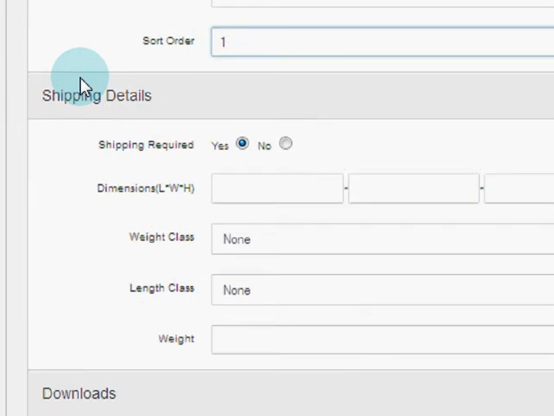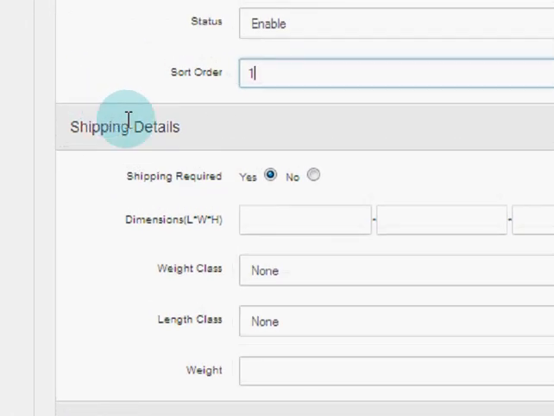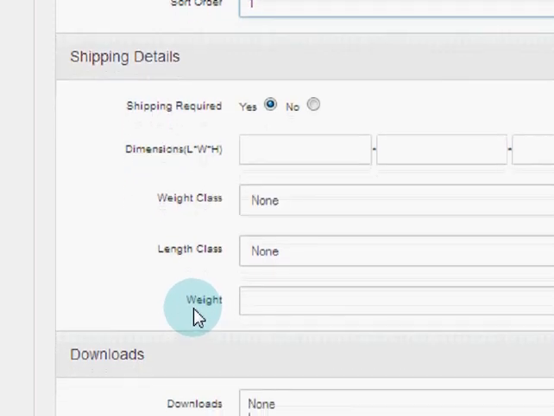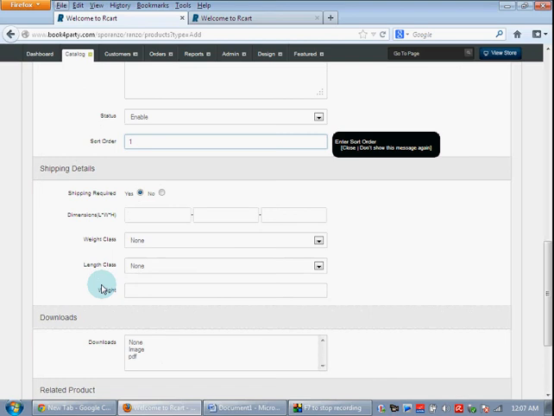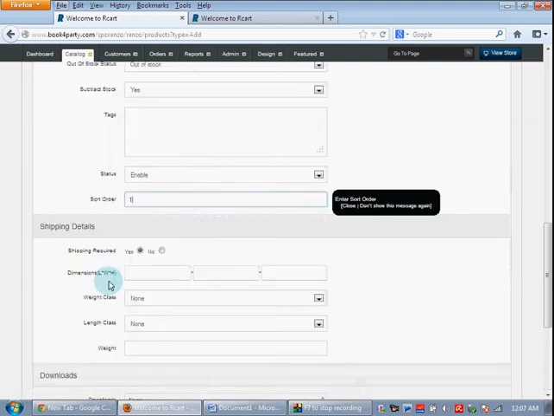As we are selling this product on website and also we are ready to ship the product, we go and select yes for that. And all those dimensions, weight class and length class and weight are specifically required if your shipping is dimension based shipping or any weight based shipping. As we are doing flat based shipping, all these details are not required now. And once all the details are entered into the data tab,